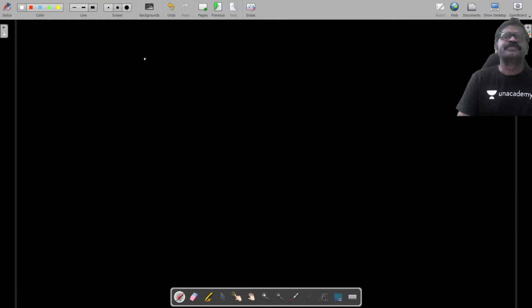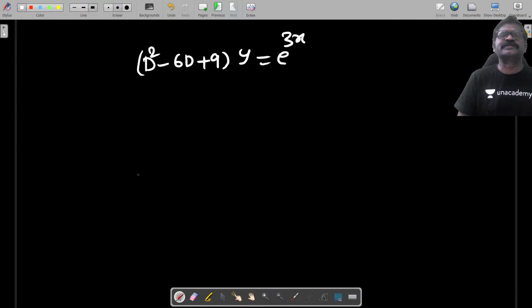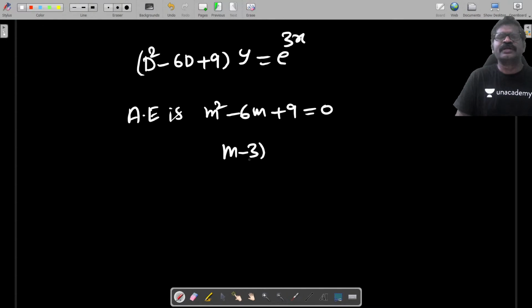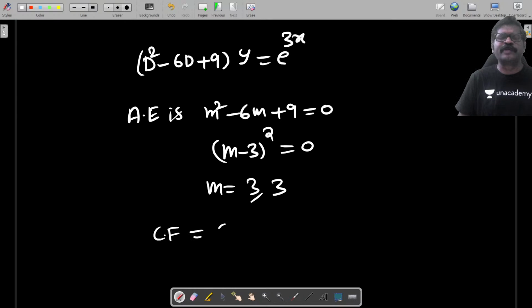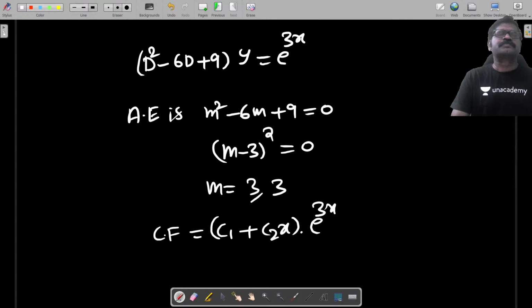For example, (D square minus 6D plus 9) of y equal to e power 3x. In this case, the auxiliary equation is m square minus 6m plus 9 equal to 0. (m minus 3) whole square equal to 0. m is equal to 3, 3. Complementary function is (C1 plus C2 x) e power 3x. Now the particular integral is